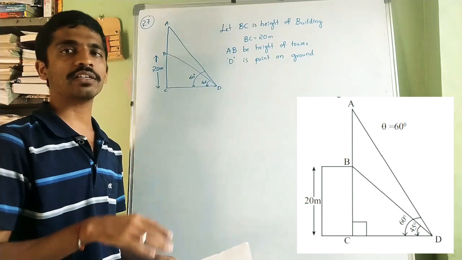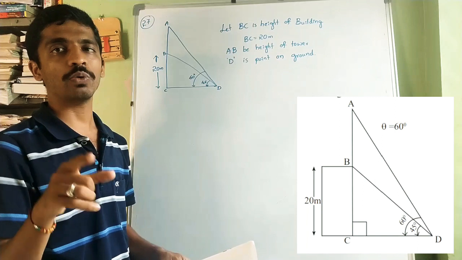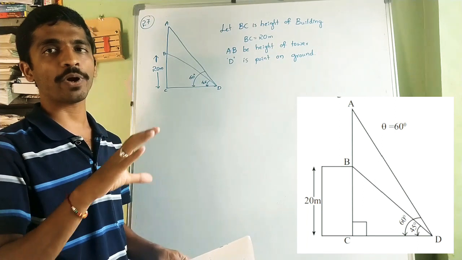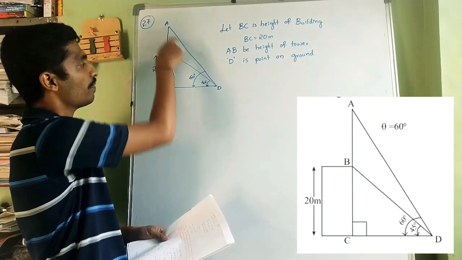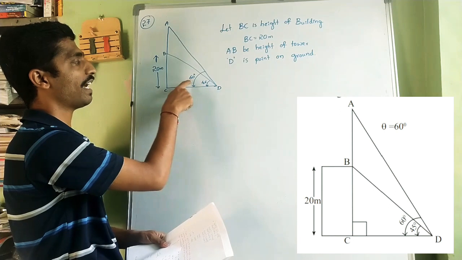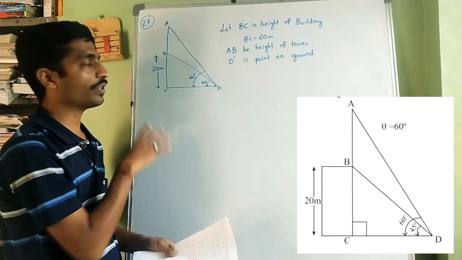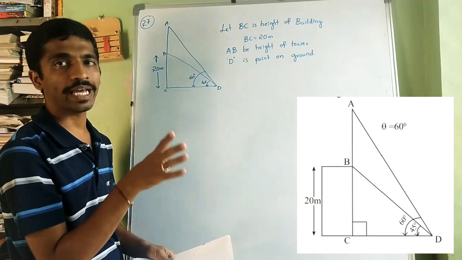If they didn't mention it, at that time you have to draw your own diagram. Roughly you can draw it and mention the proper identifications. So here, for the bottom and top, the angle of elevation will be 45 degree and 60 degree. After drawing this diagram, you will get one triangle with one unknown dimension.